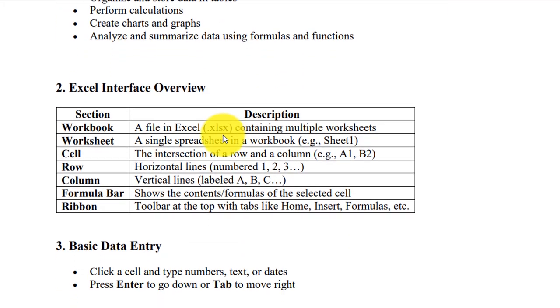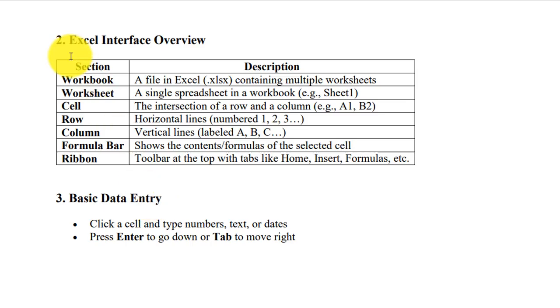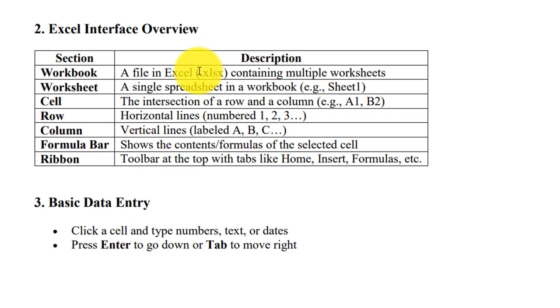It's all. Now we move to the second point. I've organized the notes already. The second point: Excel interface overview. The first keyword you need to retain here is workbook. What's a workbook? A workbook is just a file in Excel, and it has the extension .xlsx. But the extension, you don't really need to care about that,